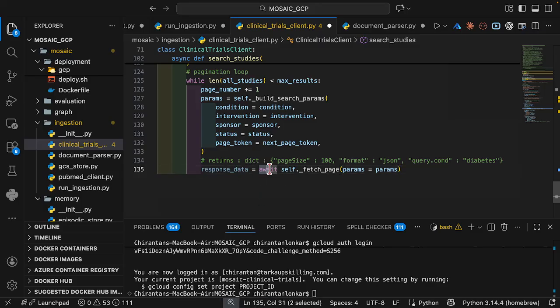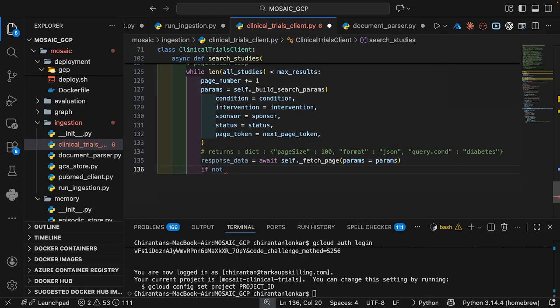Await means wait until the API responds. Fetch page is a private helper method just like build search params, and it is going to return a JSON response as a Python dictionary. All right, so if not response data, if it doesn't give us back the response data,